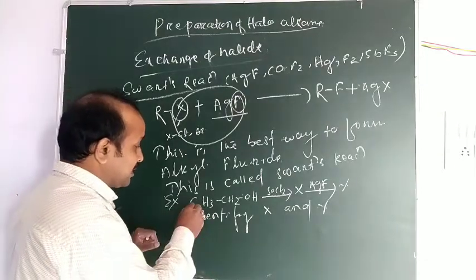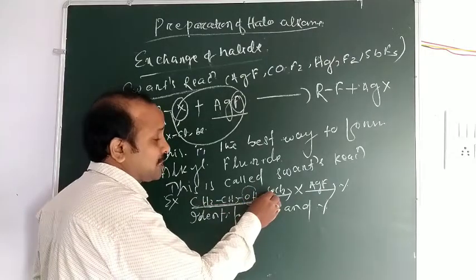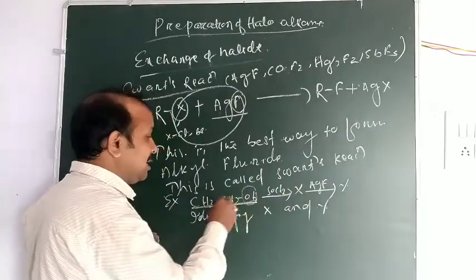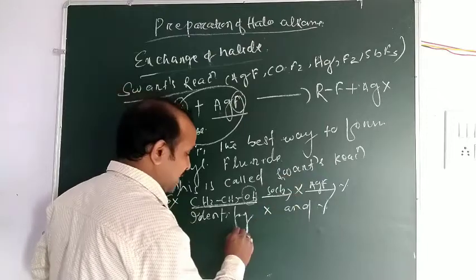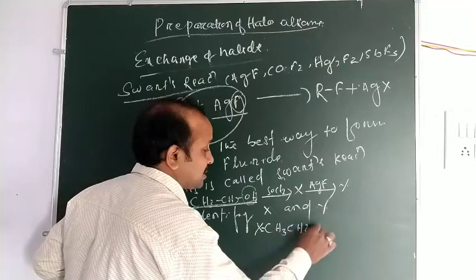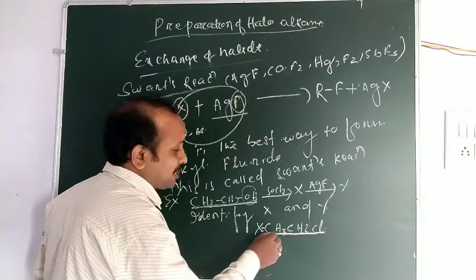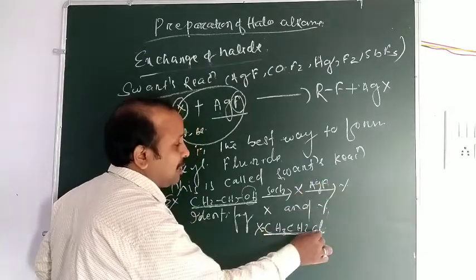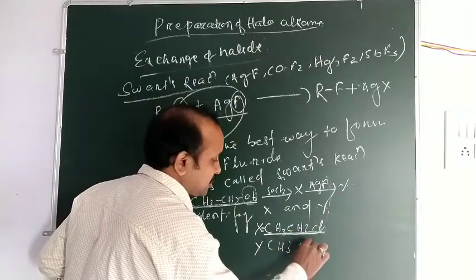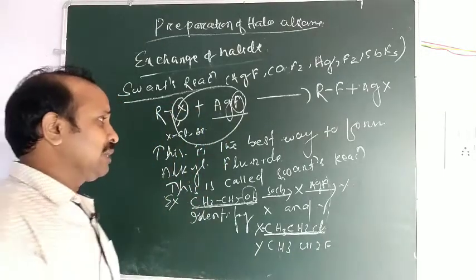Here you see that here is an alcohol group. Alcohol reacts with SOCl2 in the Darzens reaction. Then what will form? Alkyl chloride, meaning X will be CH3CH2Cl. When it again reacts with HgF, when alkyl chloride or ethyl chloride reacts with HgF, its halogen will exchange. Then what will form? Y is CH3CH2F. One is ethyl chloride, another one is ethyl fluoride.